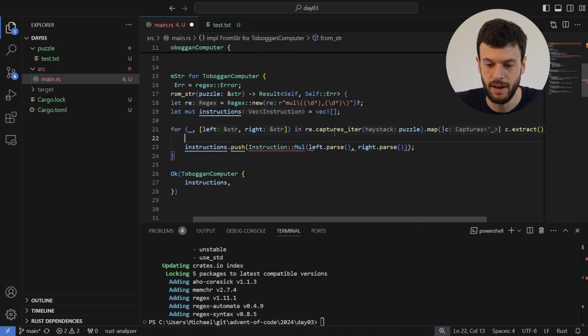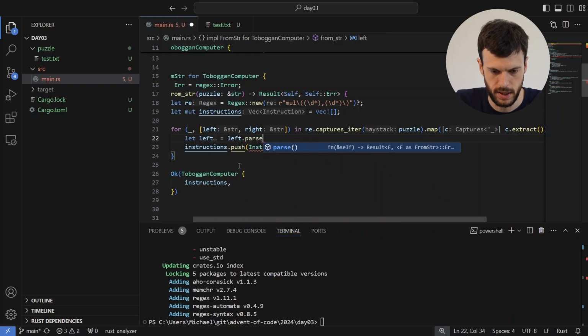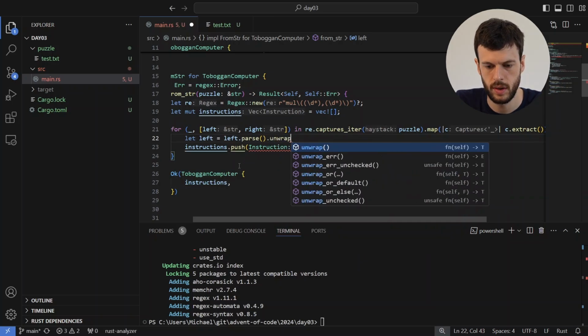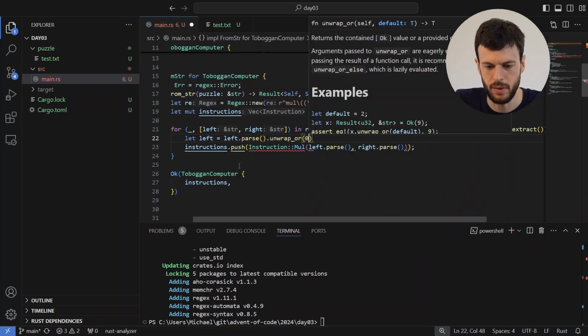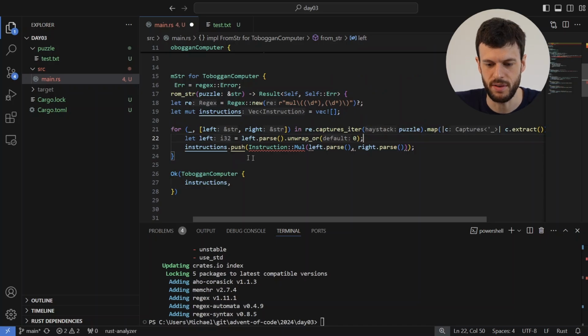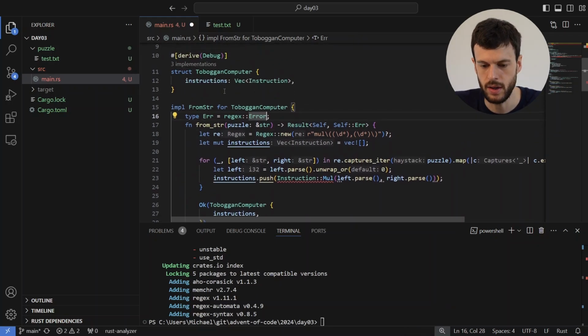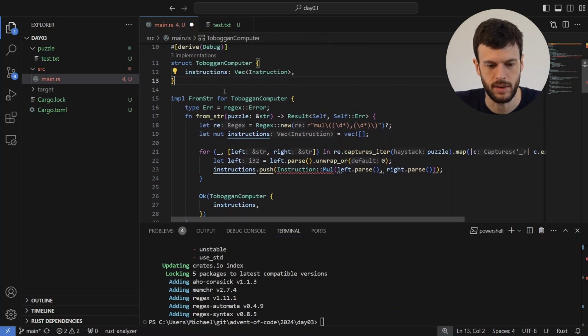Now, because we don't have i32 here, we're trying to give results, it's complaining. So let's start pulling those out properly. Left is left.parse. Now we could do an unwrap or 0, which will just give us a 0 whatever happens, and that will have no effect on the output, but that's not really what we're trying to do here. We're trying to give a result if something has gone wrong. So instead, I'm going to